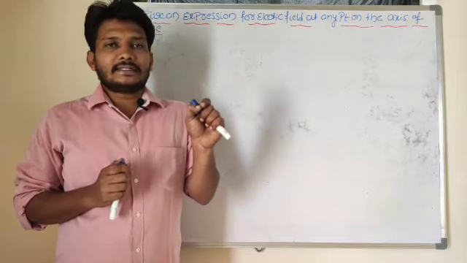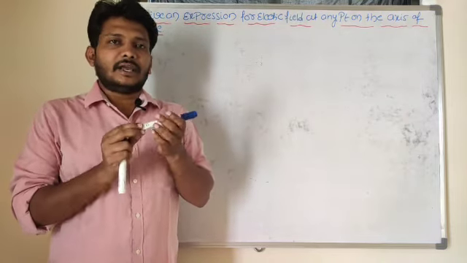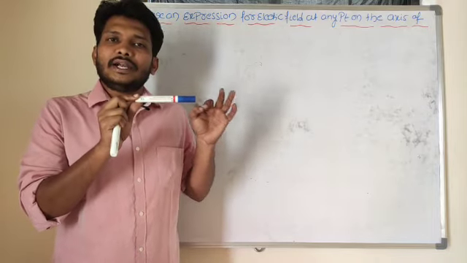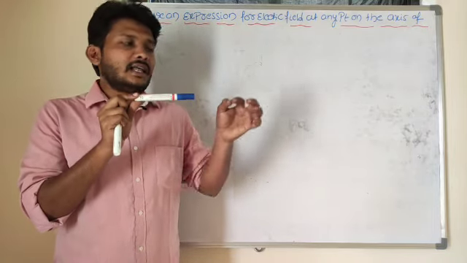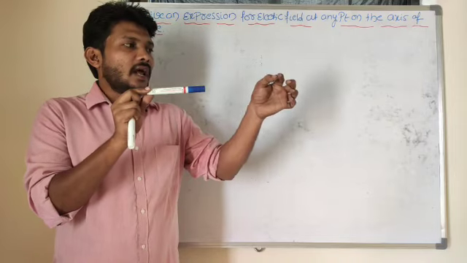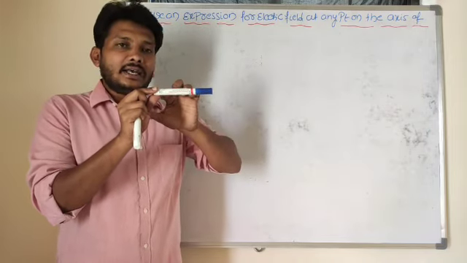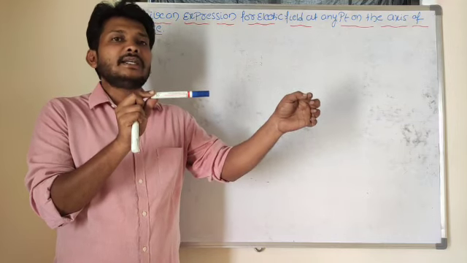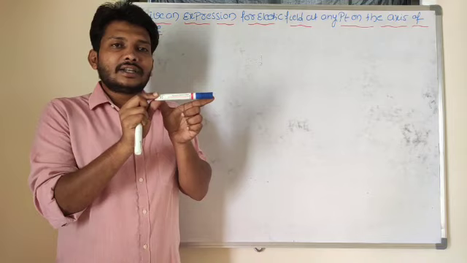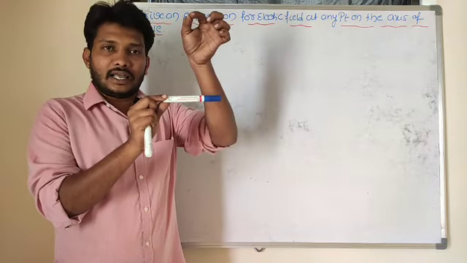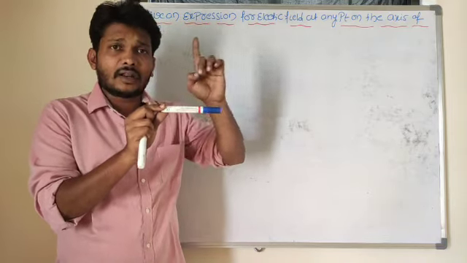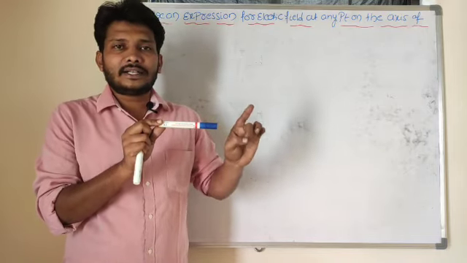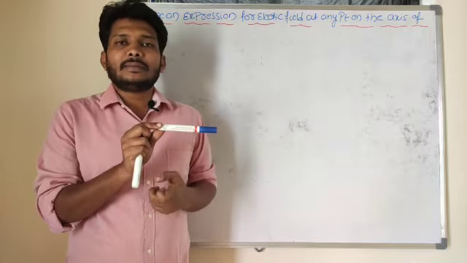Now, for example, I will consider one electric dipole here, with one plus q and another minus q. My interest is to calculate the electric field strength due to a dipole at the axial line, or at the axis of the dipole, and the electric field due to a dipole at the equatorial line. The equatorial line is nothing but the perpendicular bisector. In these two cases, what will be the value of the electric field? I need to calculate it by a mathematical expression.